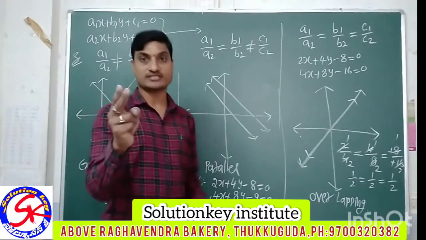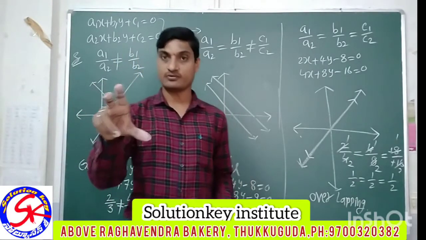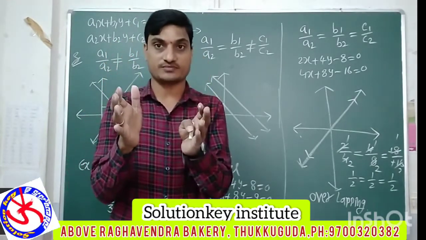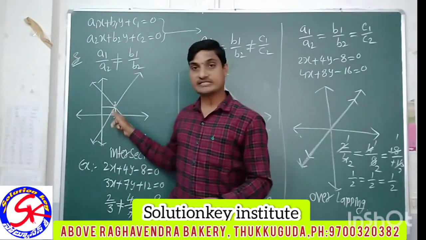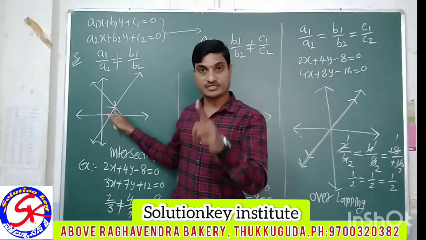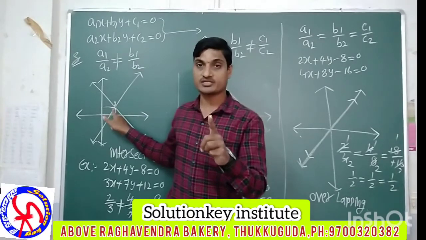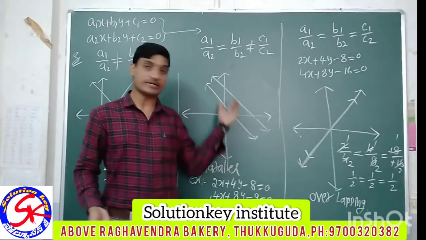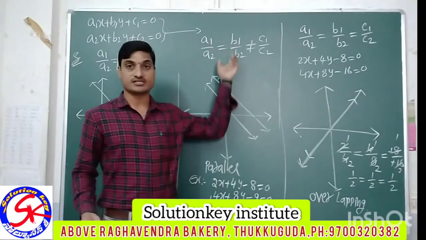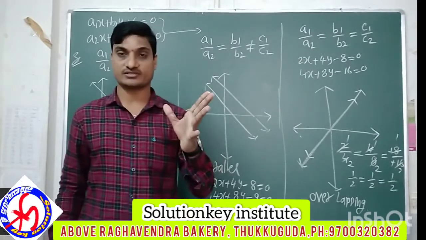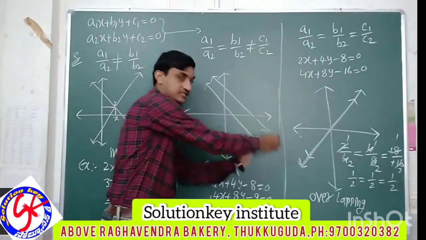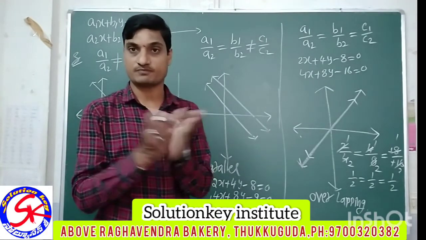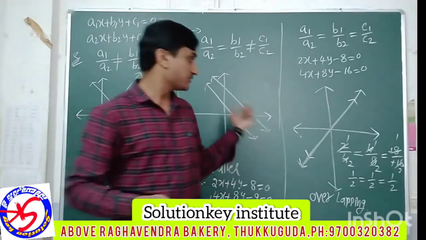There are two conditions now. First, what is the graph and what is the solution? Which type of graph and which type of solution? This type of graph gives intersecting lines that intersect at a single point. Okay, they touch at a point. Then this gives a unique solution. See this: these two are not intersecting anywhere, and this is the condition. Then it is no solution. Why? They are not intersecting anywhere. Where they touch is a solution for this, but here they are not intersecting anywhere. That is the condition for this one.